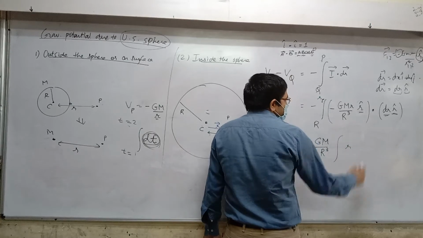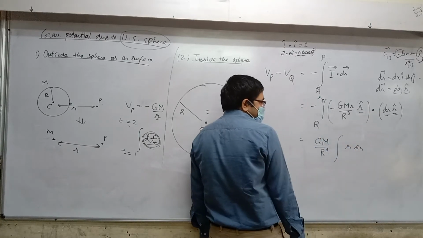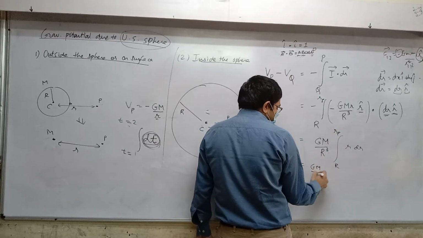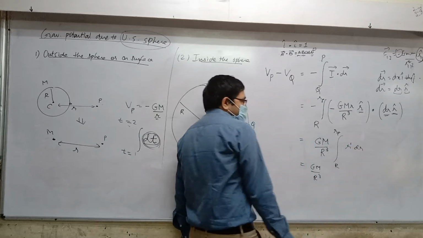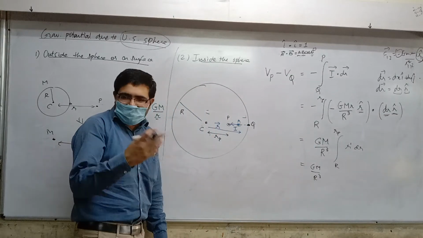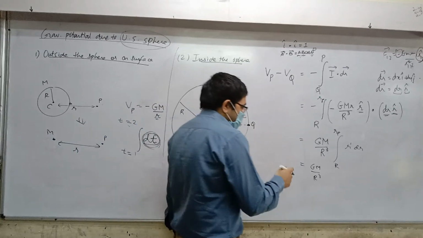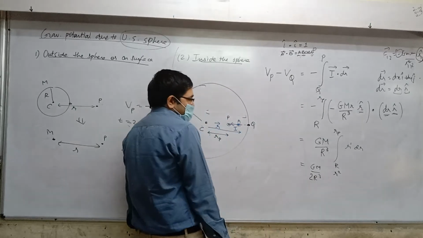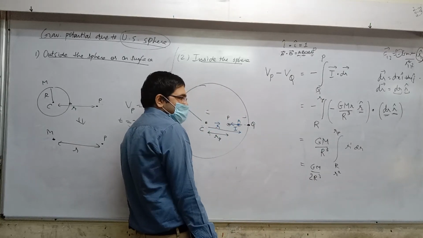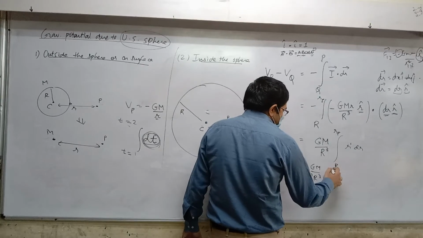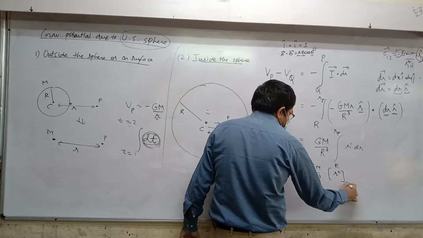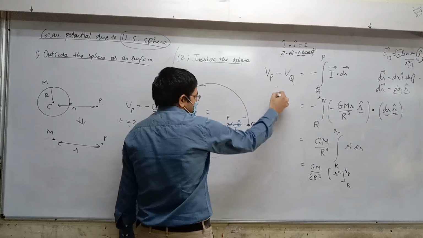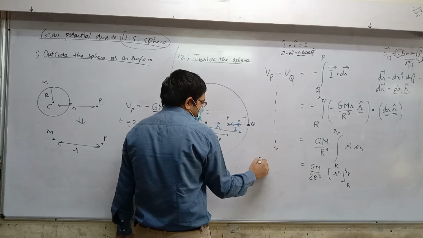The rest should be small r dr. Okay, and from capital R to rp. Now the integration is done correctly. This is r raised to 1. So what is the integration of r raised to 1? R square by 2. Okay, so small r square by 2. I'm writing 2 at the side. Clear? And then I am going to put the limits. Lower limit capital R, upper limit rp. Simultaneously, this comes down on the left side till here.